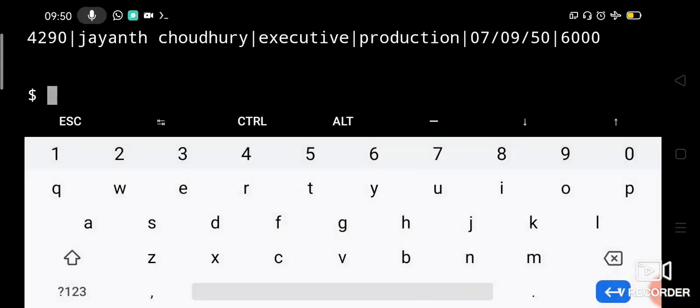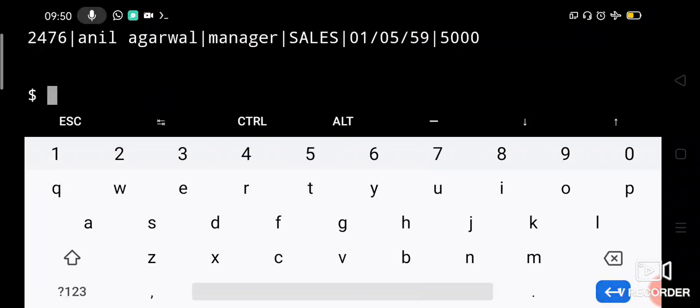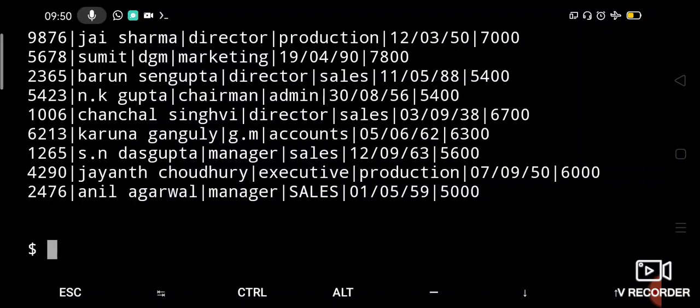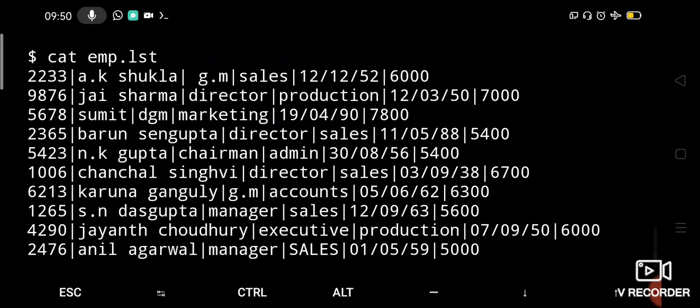Now you can check the contents of emp.list also. Now all lines are there, right? All lines which I have stored in emp.list are present. Sales words are also present. Only while displaying it will delete. It will not harm the original file.